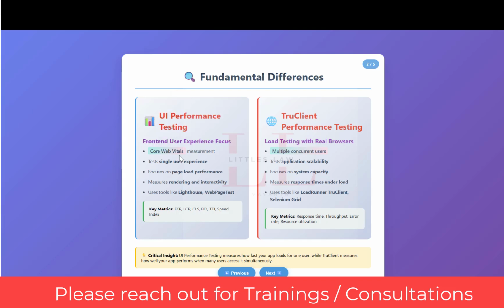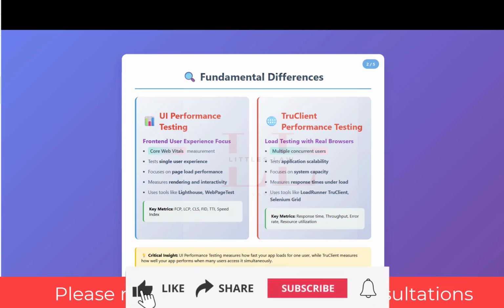This is front end performance testing, and we are talking about Lighthouse audits, core web vitals, measuring things like first contentful paint, the largest contentful paint, cumulative layout shift. Yes, this is what we have been seeing for the last 3-4 videos, 3-4 days, right? And this is all about optimizing the user experience for a single user. So when you run a Lighthouse audit in Chrome DevTools, you are doing UI performance testing,